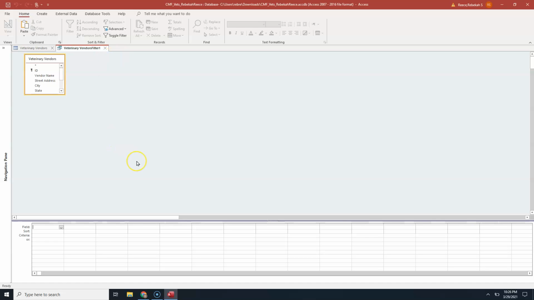So to do an Advanced filter sort, we are going to set this up just like we would if we were doing a query. So we're going to pick the fields that we want. In this case, we're going to do vendor name. So this is set up just like we did queries. So we'll double click vendor name. You can also, remember, click and drag to put the state in. And then our quantity, again, you can get it a different way by using that drop down. Okay, so now that we have all of those in here,